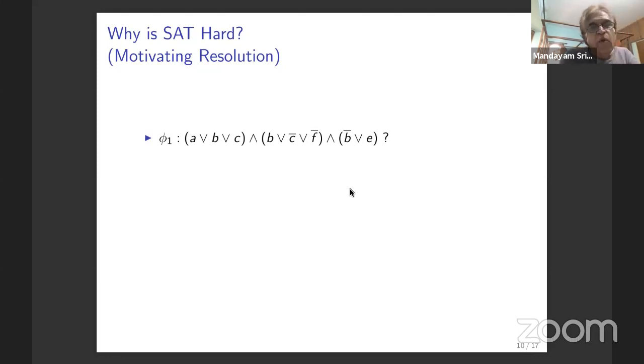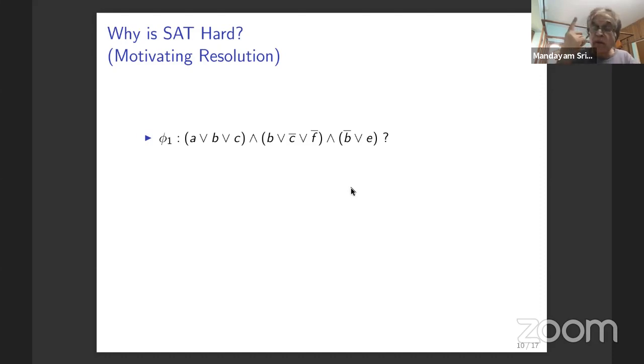I don't know how many of you have taken the logic course, and whether Praveen talks about resolution there. But there are quite a few people who haven't seen resolution, so this year I'm going to motivate it. The resolution principle was the basis for one of the earliest decision procedures for propositional logic,